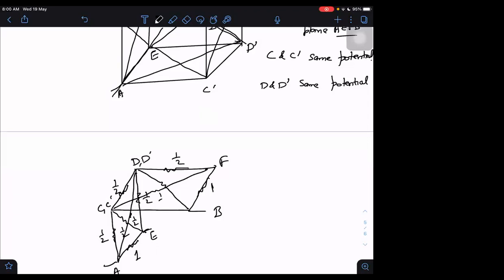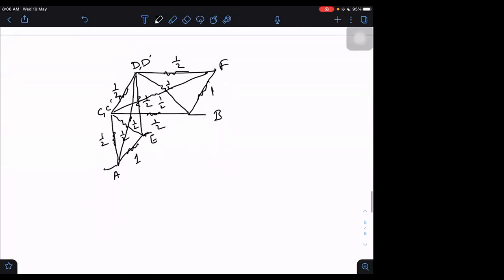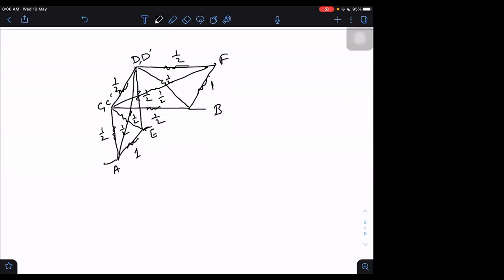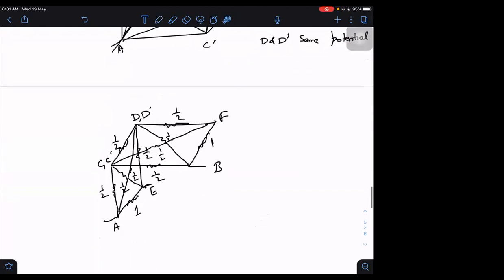1 by 2, 1 by 2, 1 by 2 everywhere. That will be the network finally. I can bring BC1 in one plane only, it seems, to make it easier. Across BC, we have two again, B to C and B to C dash. And there are two included again.